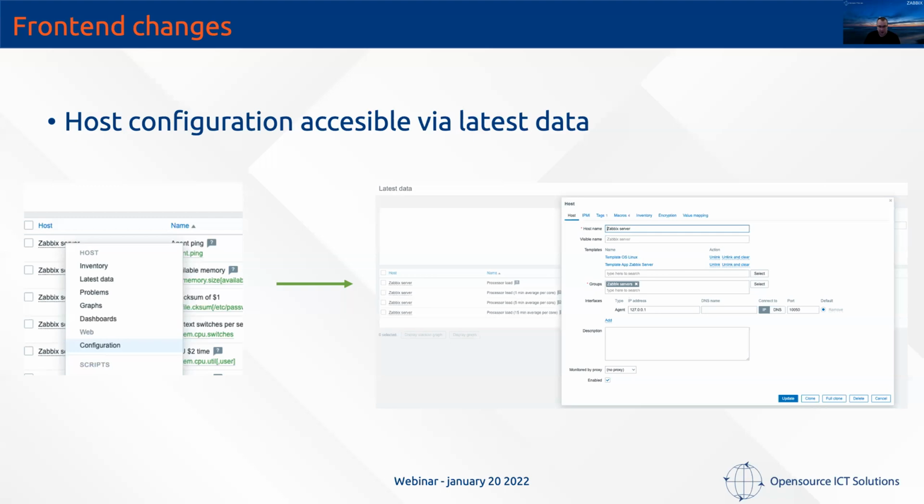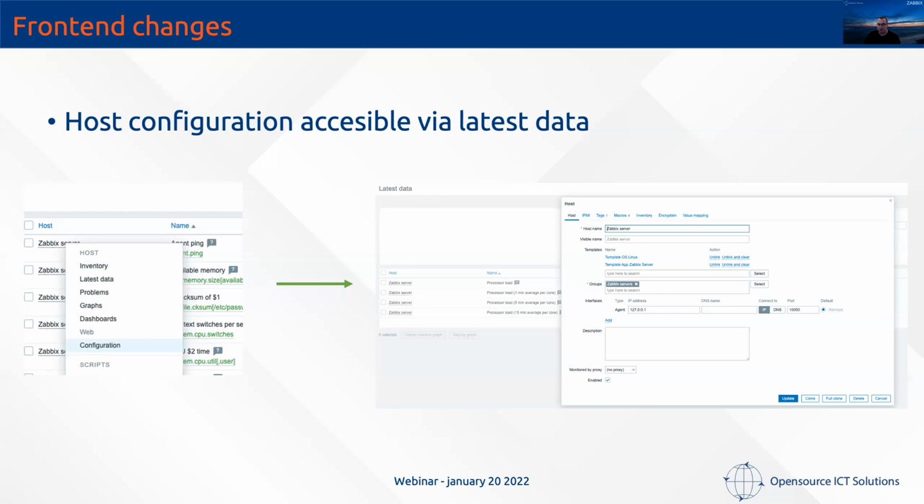What's not in this presentation is that in the newer versions, and that one was actually released in the Git, the Zabbix source code, I think just yesterday, if you click on the item key or the item name, you can change the configuration of that item. So again, it's not in this slide, it's not in this presentation because it was just too new. But in the final 6.0 release, you can click on the item name in latest data and immediately change the item configuration, which is